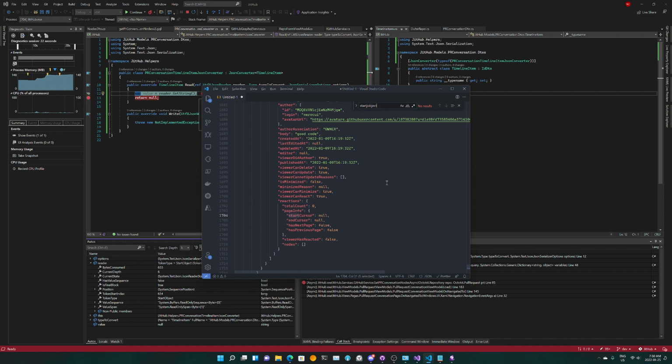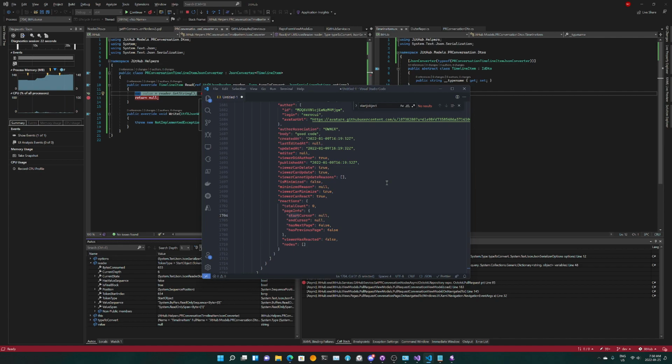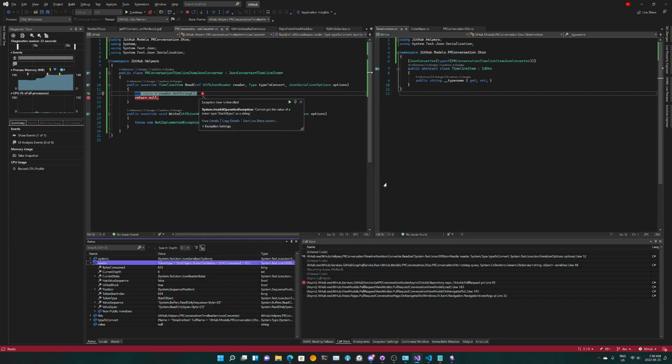No, right? Start object. No, right? It's not case sensitive. So what's happening? Reader, value span. And we have token type is start object. What's start object?